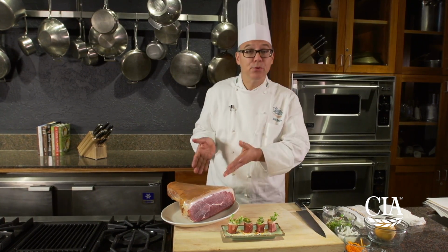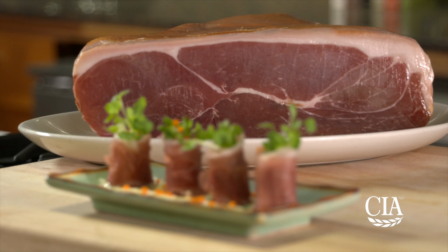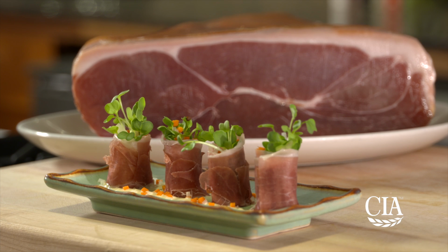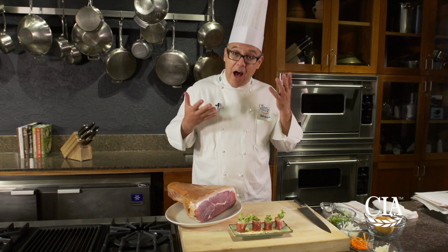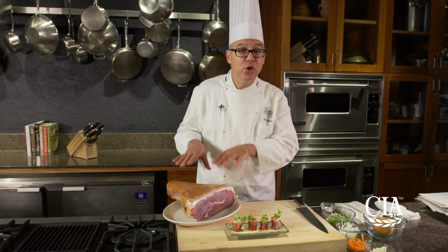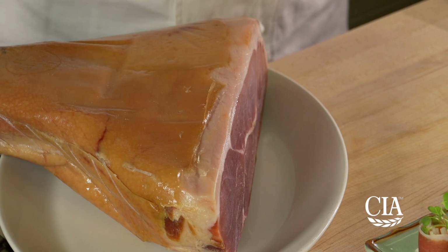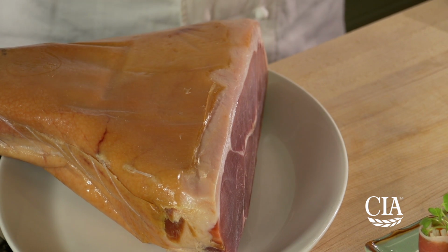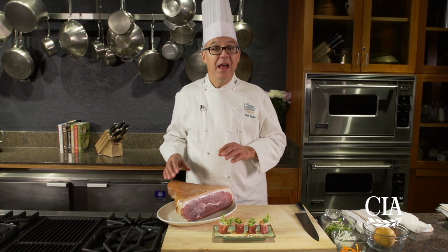The first is a Prosciutto di Parma that I have right here. Now, across your career, you may have used a lot of prosciuttos, but you may not have realized that true Prosciutto di Parma comes from the area in Italy of Parma, that it's a natural product that uses traditional methods, and when they cure this ham, the only thing they add to it is sea salt. By the time Prosciutto di Parma is ready to be exported to the United States, it's been aged for a minimum of 400 days. And it gets inspected, and if it passes the inspection, it is identified as a Prosciutto